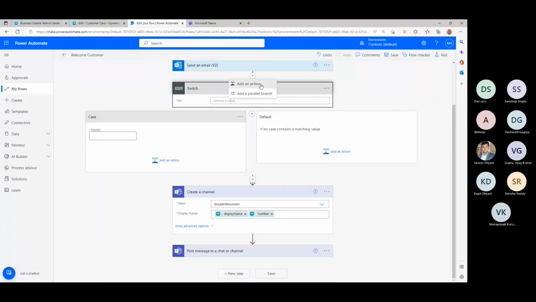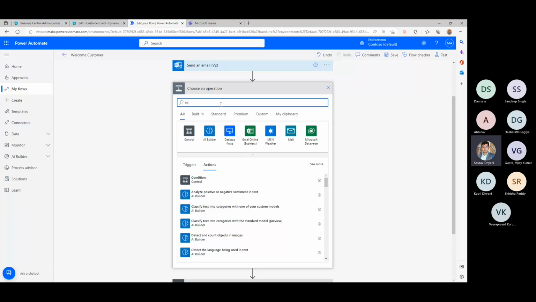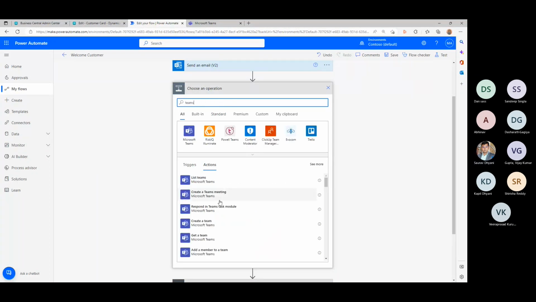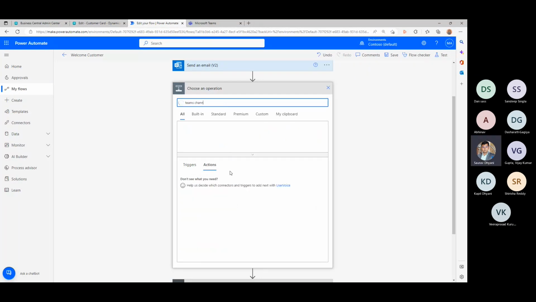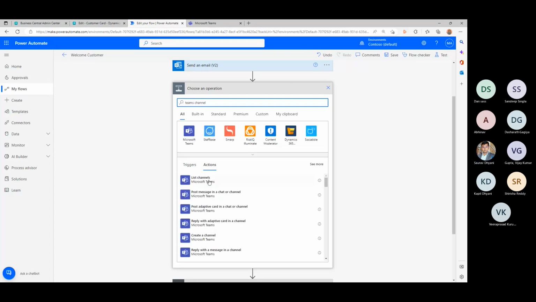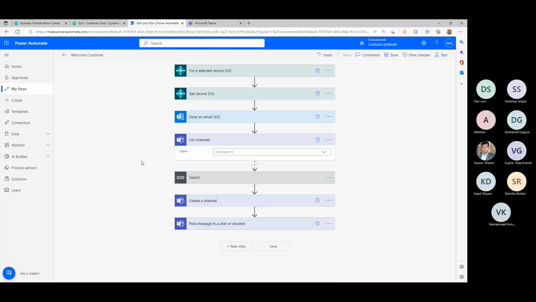Add an action. This time Teams. List teams, Teams channel. Let's see, I don't know much. They should have it. List channels. Okay, on the team ID is open discussion.